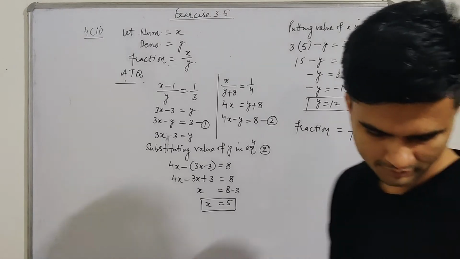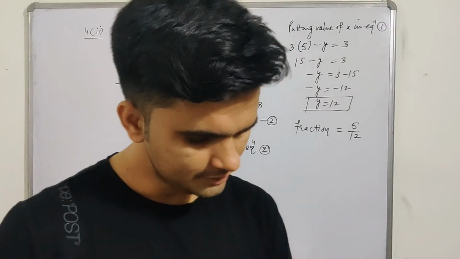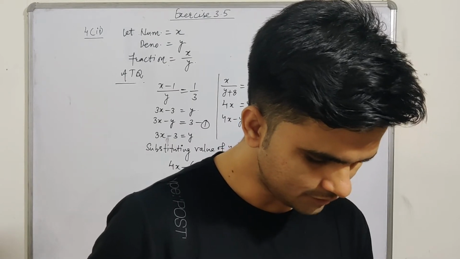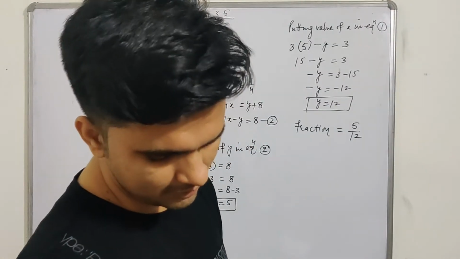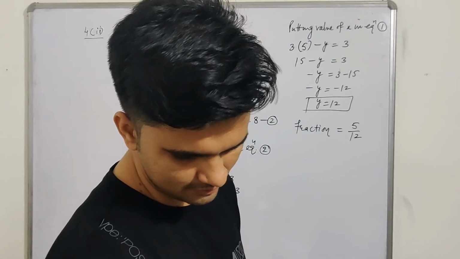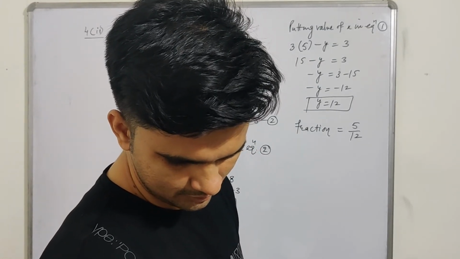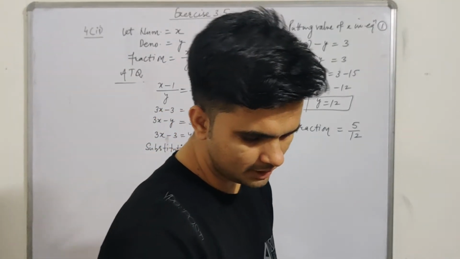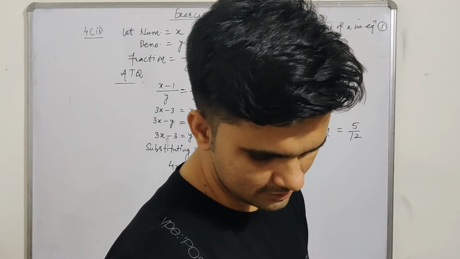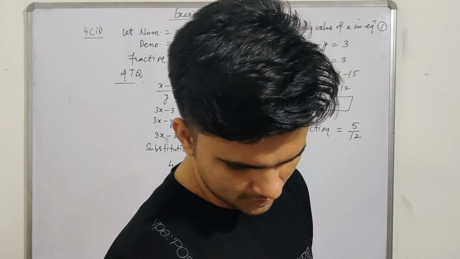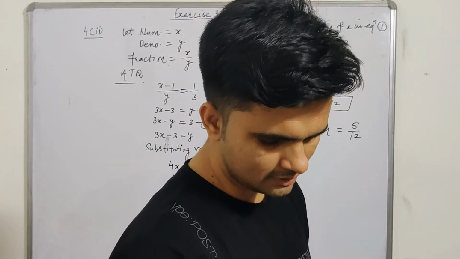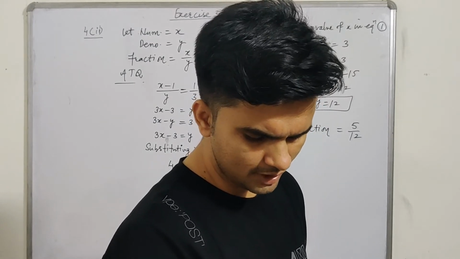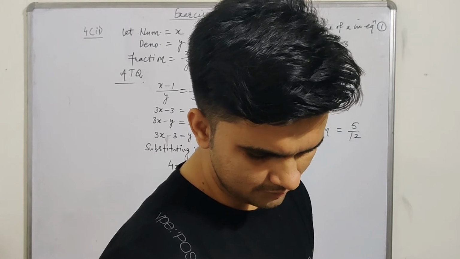Now come to the next part. Yash scored 40 marks in a test, getting 3 marks for each right answer and losing 1 mark for each wrong answer. Had 4 marks been awarded for each correct answer and 2 marks been deducted for each incorrect answer, Yash would have scored 50 marks. Two conditions are given here. How many questions were there in the test?